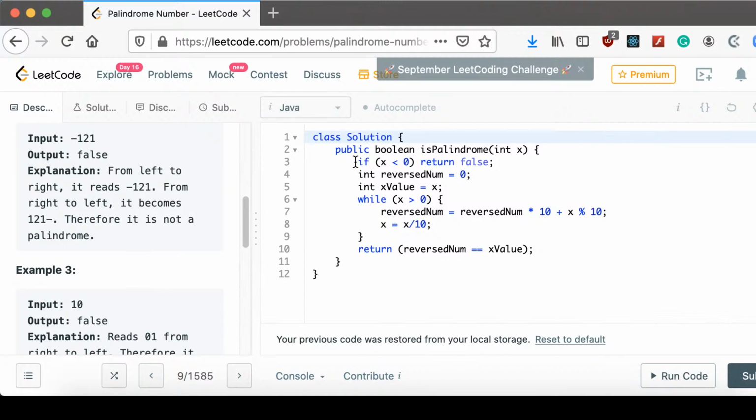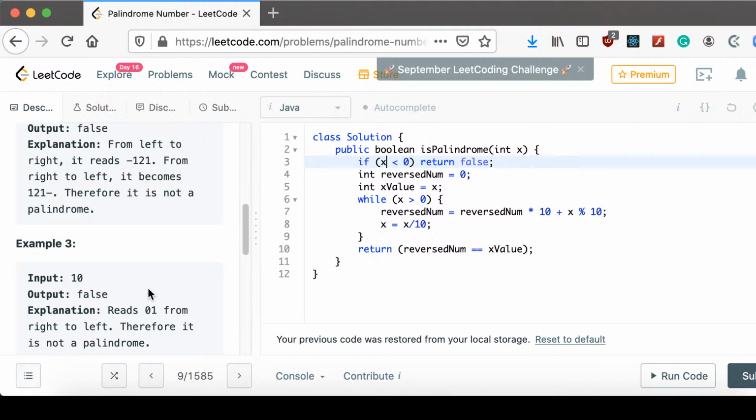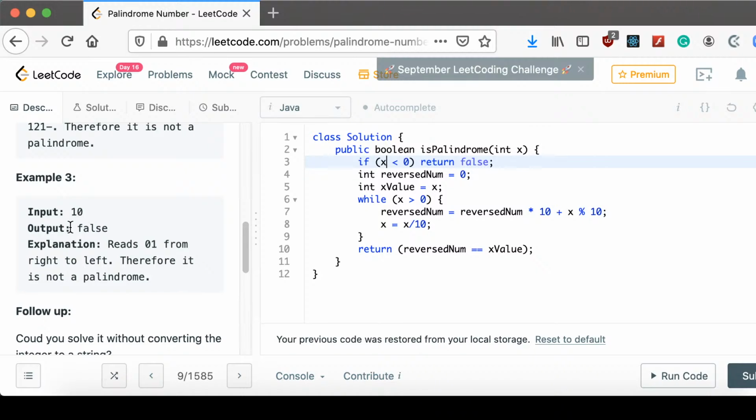So here in the solution, I write that if it is smaller than 0, we return false. We don't have to do any other steps to check. And the final example is 10, so it's 01 from right to left, so it's not a palindrome. So here I